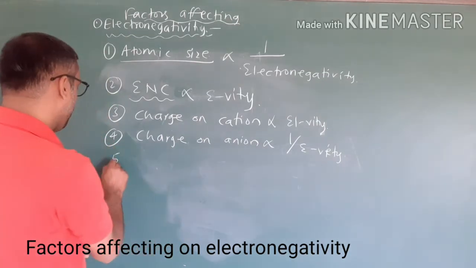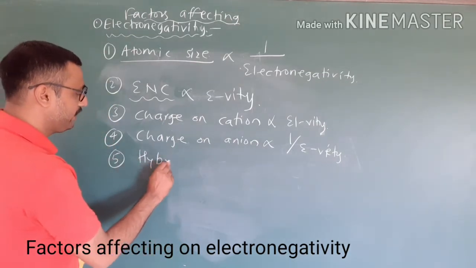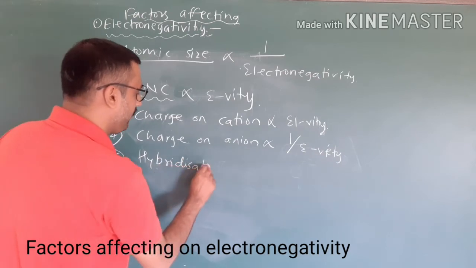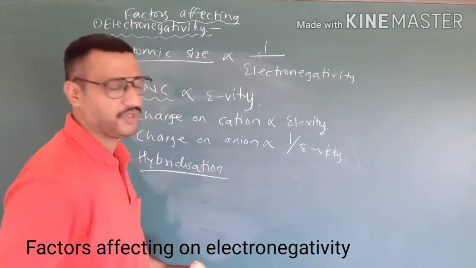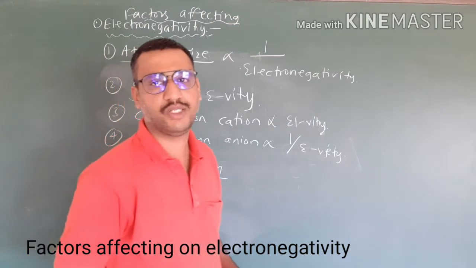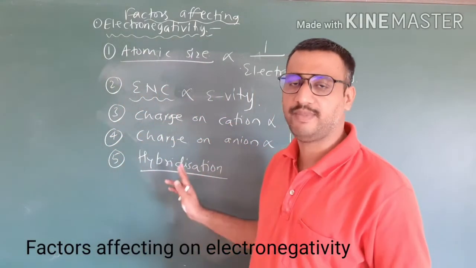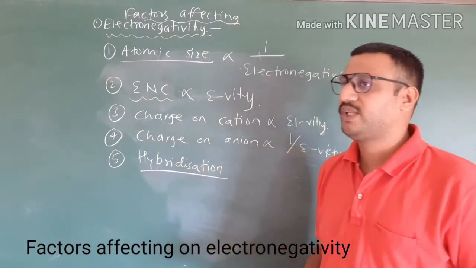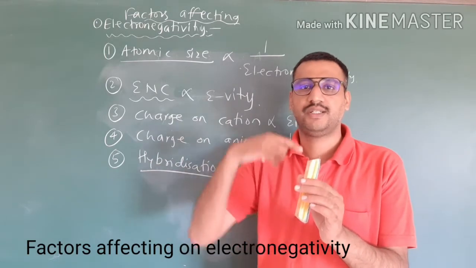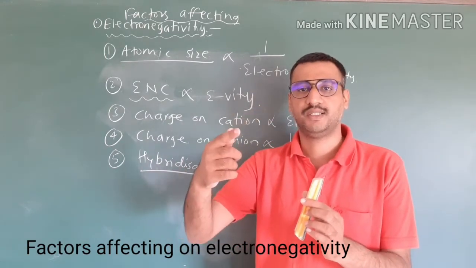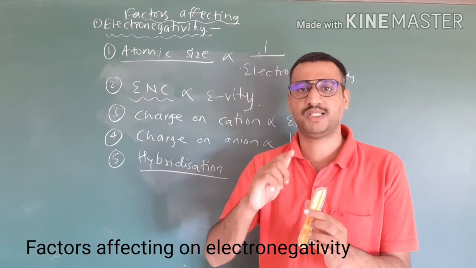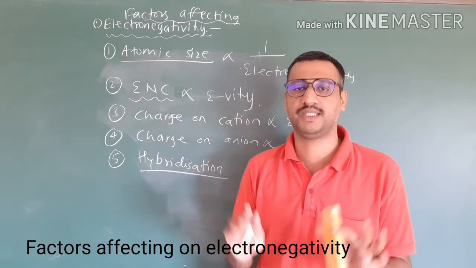Now the next one is hybridization. This point will come in chemical bonding. If you have studied hybridization, it's well and good; if you have not, the things will be clear in chemical bonding. See, we know that in an atom the nucleus is centrally there. The nucleus is surrounded by shells, shells are made up of subshells, and subshells are made up of the atomic orbitals that we studied.